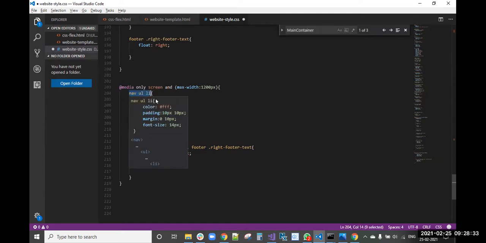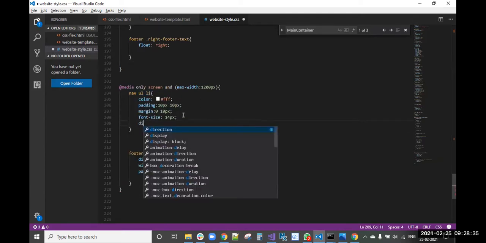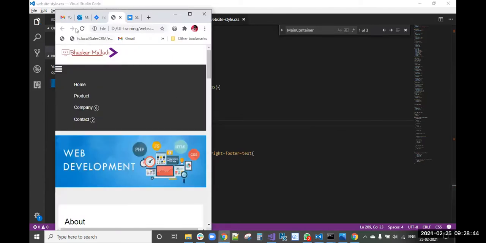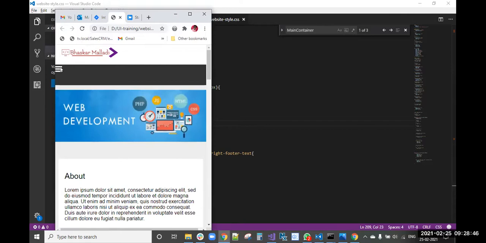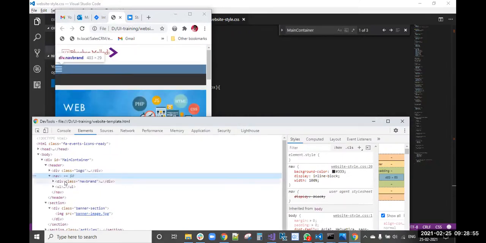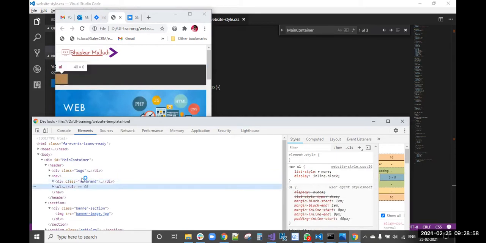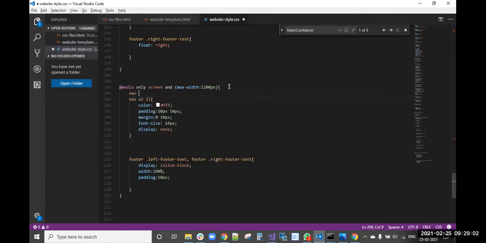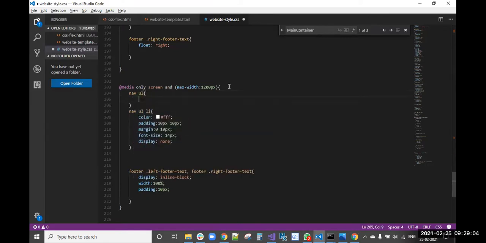This UL LI we need to hide, display none. Now you can see that it is display none. Completely, the nav UL also we will hide.